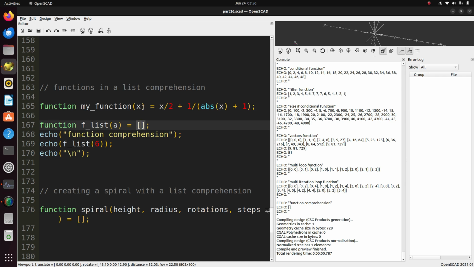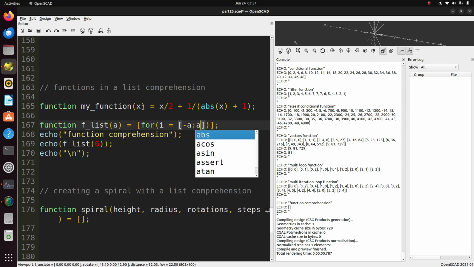And so let's do that. Maybe let's take i is equal to negative a this time to positive a. And so there are like 2 reasonable ways to do this. We could say